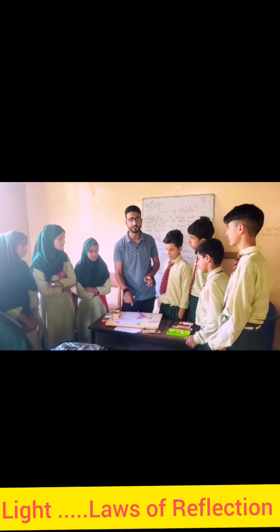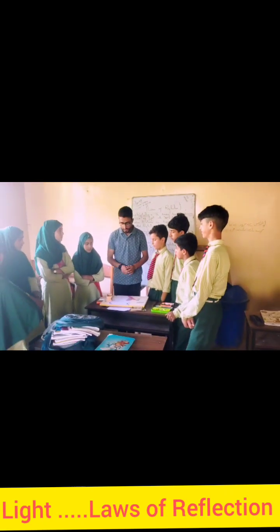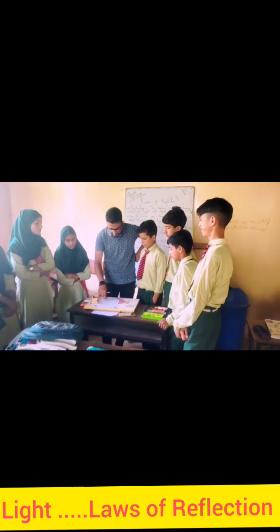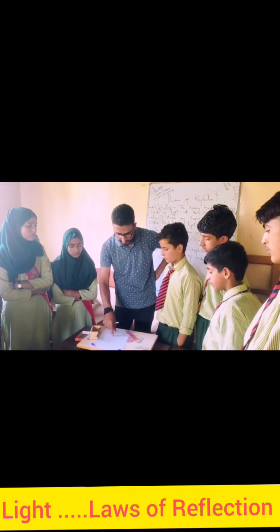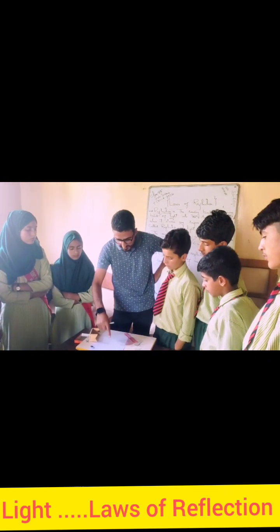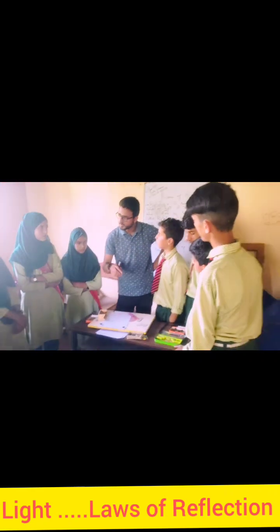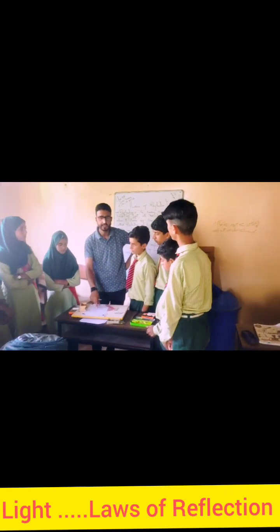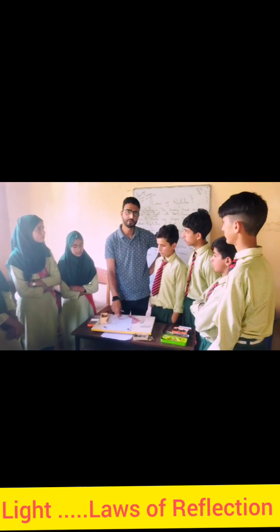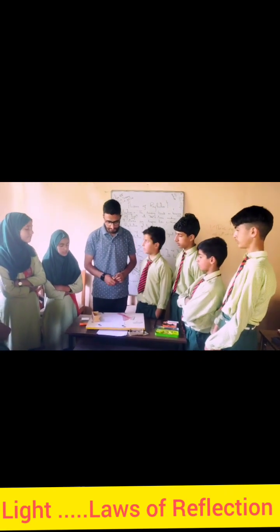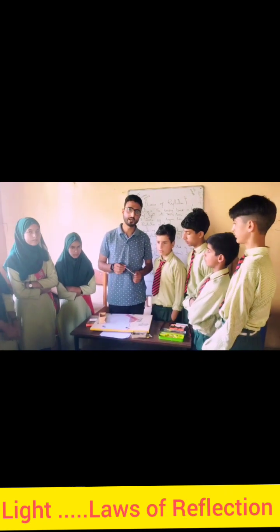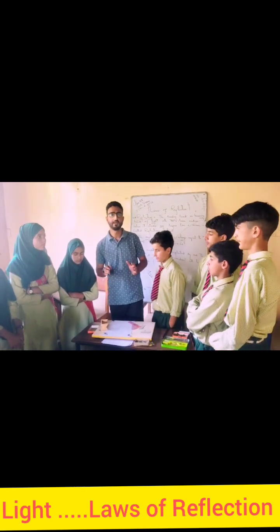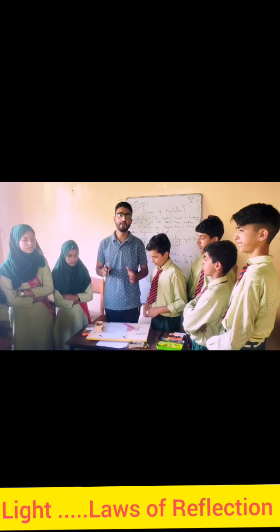Angle of reflection, forget about the error of 2 degrees, it should exactly be equal to 45 डिग्री. और एक और चीज जो आपने नोटिस की, ये जो इंसिडेंट रे है it is on the plane of paper, reflected ray is also on the plane of paper, and I have drawn the normal at the point of incidence again on the plane of paper. So with the help of this activity you have to reduce the error and you will get exactly angle of incidence is always equal to angle of reflection. ठीक है ना? So with the help of this activity we can prove the laws of reflection, that is angle of incidence is always equal to angle of reflection, and incident ray, reflected ray and the normal all lie in the same plane.